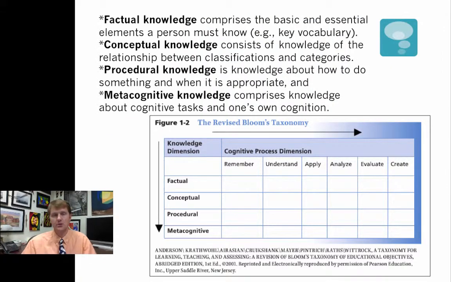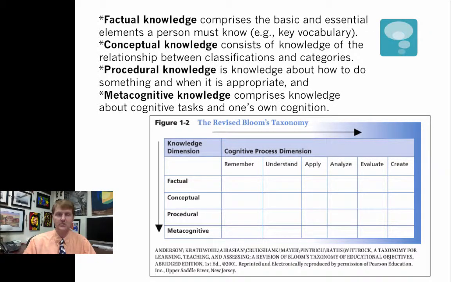Here in your textbook you get into how those six layers of Bloom's taxonomy, from remember all the way up to create, also have subdomains, if you will, or sub-levels that really make them high-level thinking, to where you can just have factual knowledge related to remembering, factual knowledge on applying, and factual knowledge on analyzing and creating.